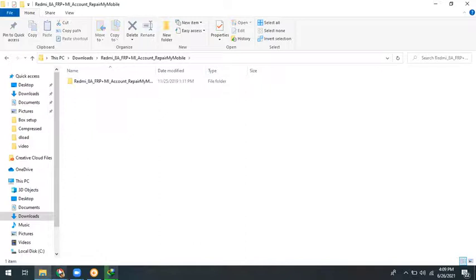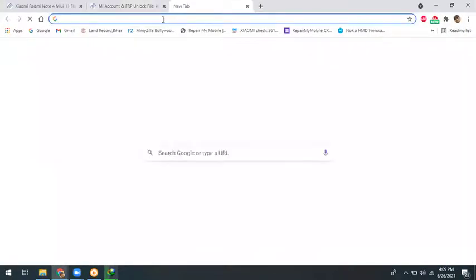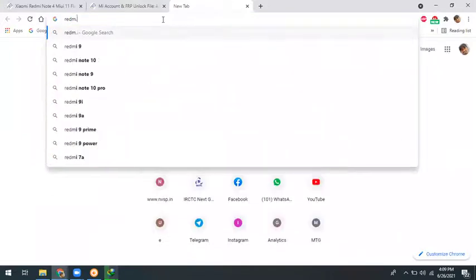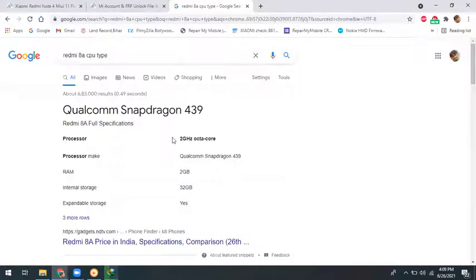And what is the CPU of this Redmi 8A? You can go on Google and type the model Redmi 8A and after the model type CPU type. You get the CPU information of that model. So it is Qualcomm, RAM 2 GB, 32 GB internal storage.